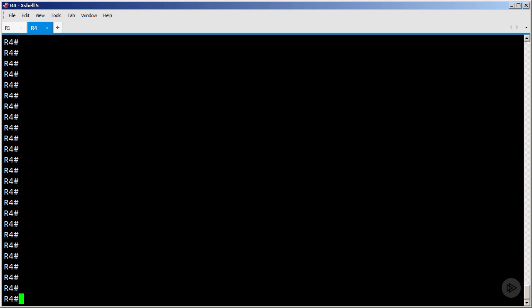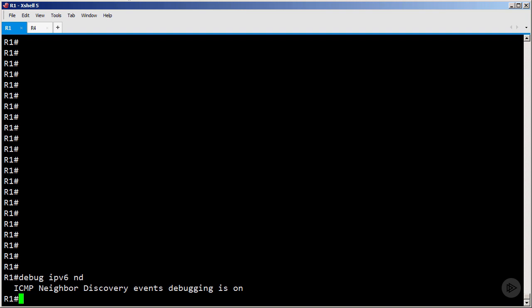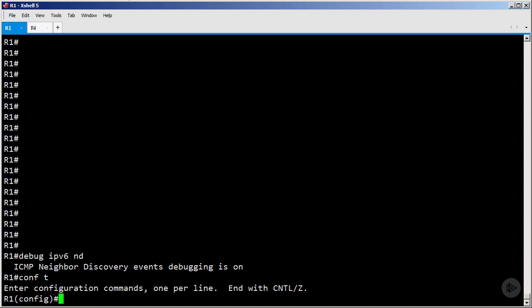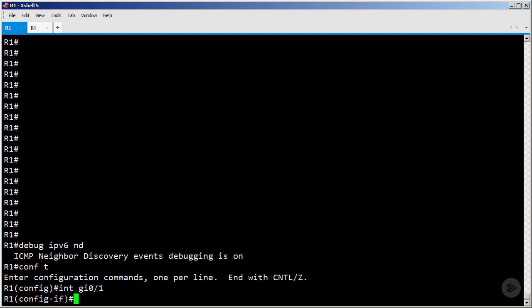All right, the first thing we're going to do is enable some neighbor discovery protocol debugs on R1 and R4 so we can see all those cool neighbor discovery protocol messages we talked about earlier. So on R4, we'll type debug ipv6 nd, and then going over to R1 here, we'll do debug ipv6 nd for neighbor discovery. Now, let's go to configure terminal mode, interface configuration mode for interface gigabit 0/1, and we're going to type ipv6 address